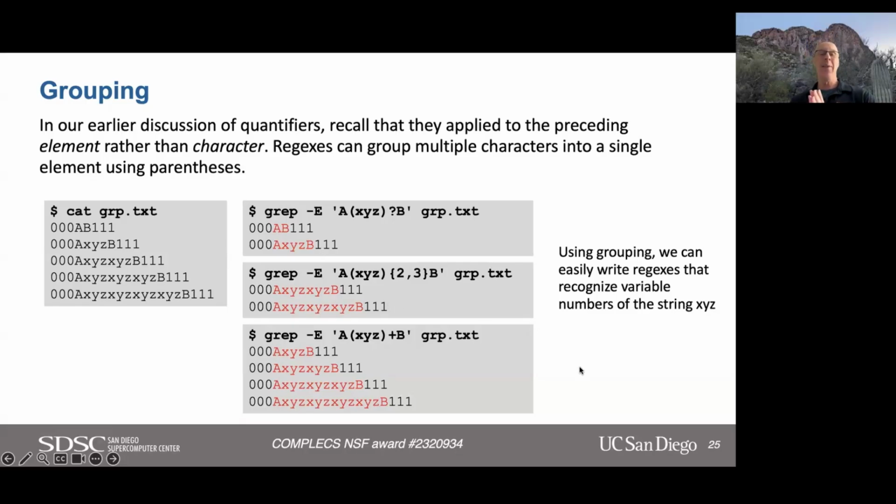So, if we wanted to match, say, A followed by 0 or 1 XYZs, or 2 or 3 instances of XYZ, it would be a little awkward, a little hard to do this if we didn't have a way to group characters together. So here we're going to use those parentheses so that we treat XYZ as a single element. So in the first